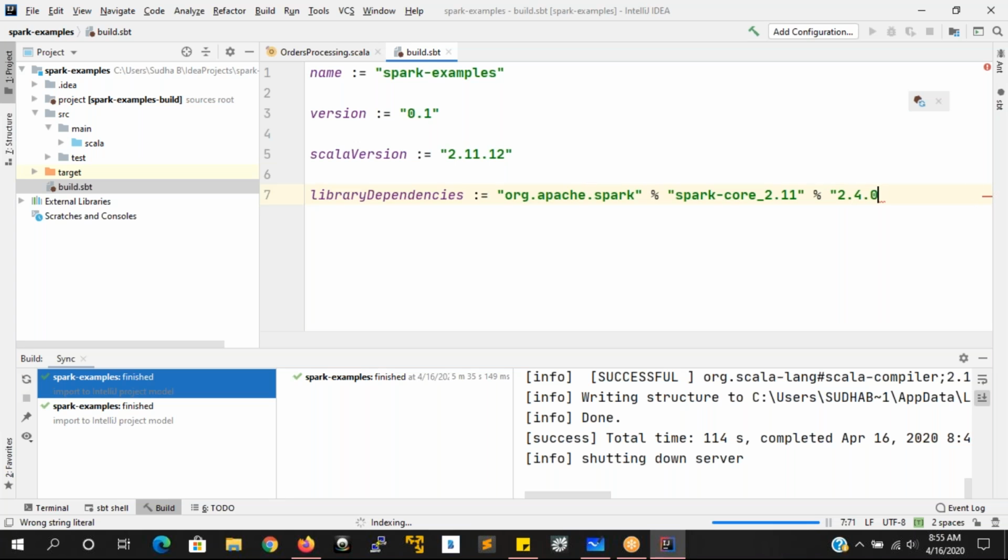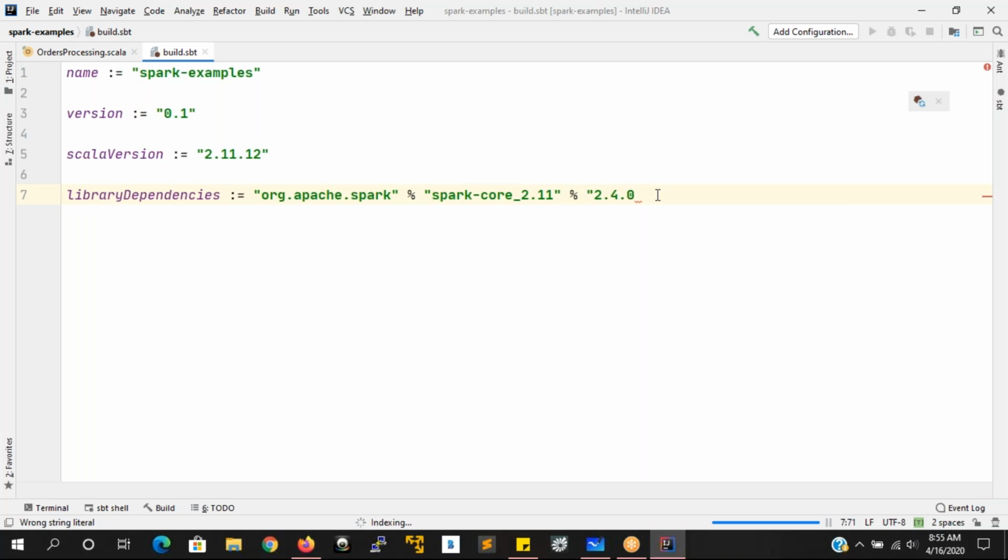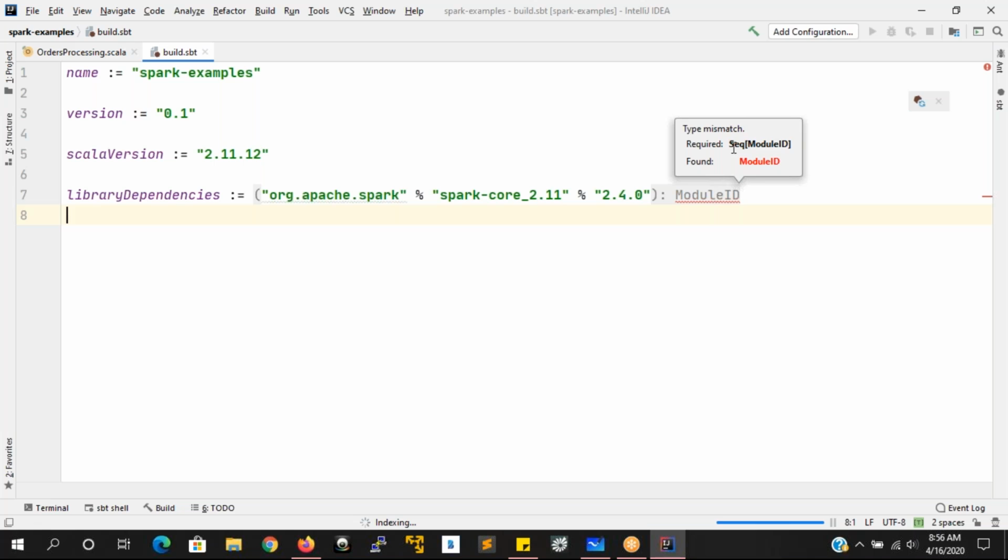So what it is doing here. Why is it saying module ID required? It should not take this one.